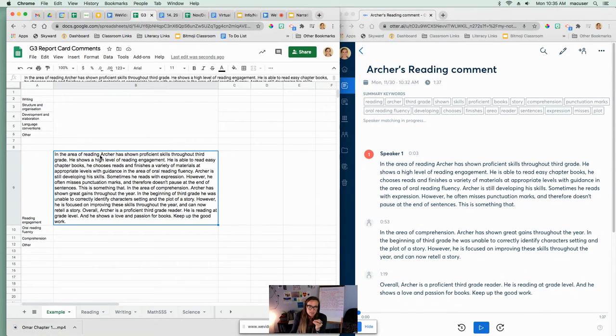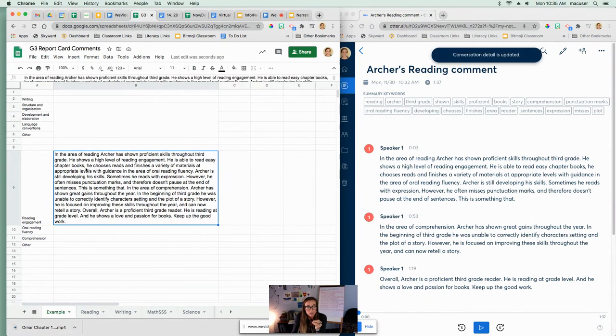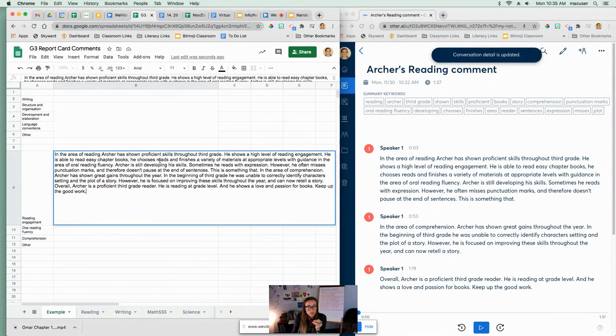In the area of reading, Archer has shown proficient skills throughout third grade. He shows a high level of reading engagement. He is able to read easy chapter books. He chooses, I want a full stop there. He chooses, comma, reads, comma, and finishes a variety of materials at appropriate levels with guidance. In the area, it's missing some stuff. In the area of oral reading fluency,